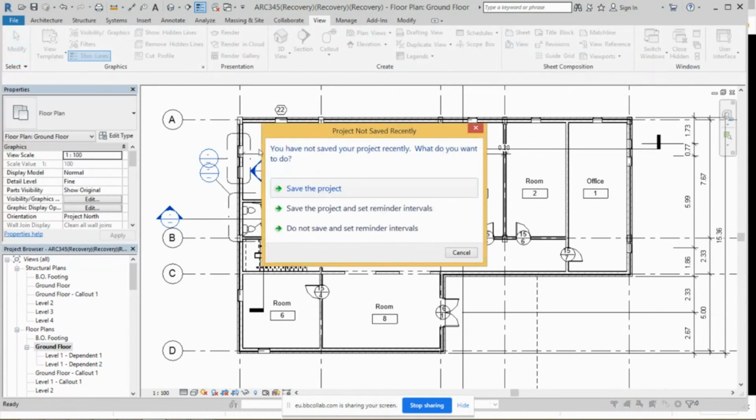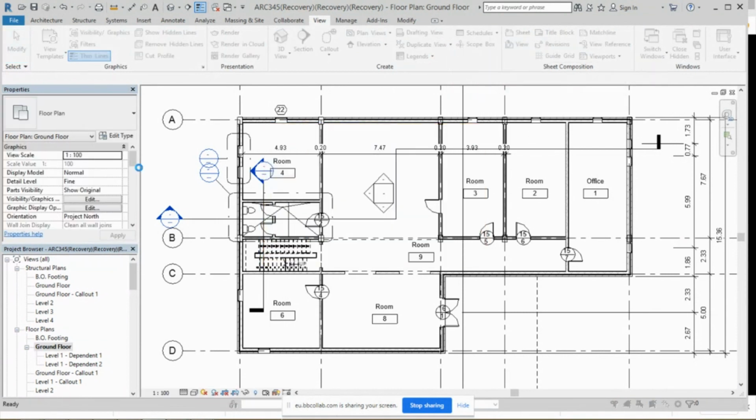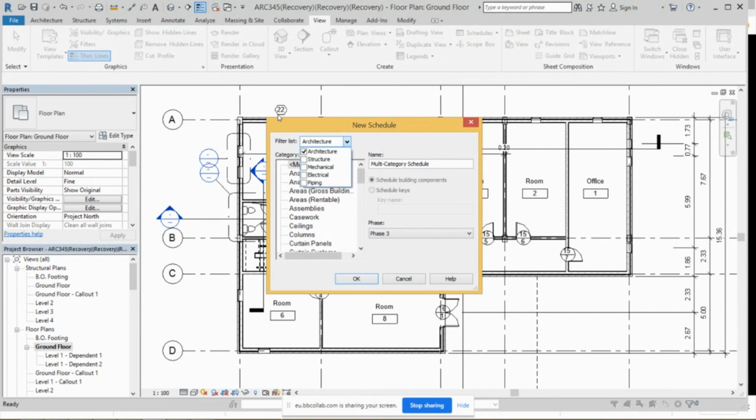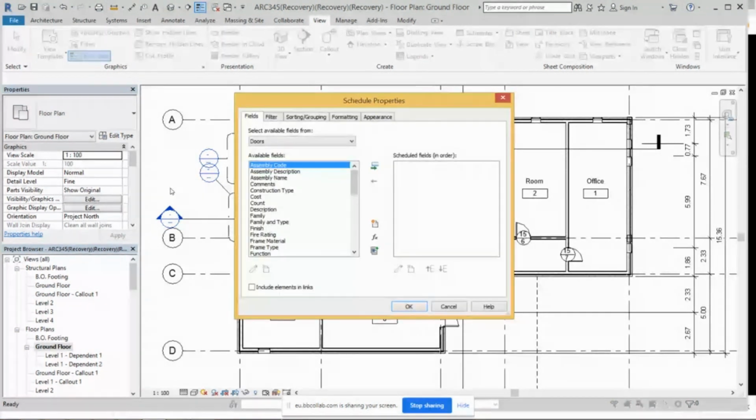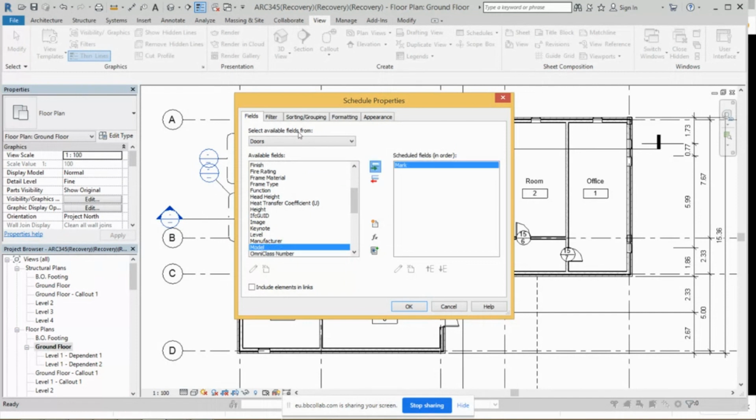So we go to Schedule and Quantities, and then you will have a drop down menu to tell you what items you want to show. I'm just highlighting Architecture, and then looking for Doors. We have Doors here, and we can hit OK, and then it will tell us what kind of things we want to show in the schedule. What I will pick is Mark, and then include it, and then look for Type Mark and include it. The important thing is that we grab the Family as well and include it, and then we look for the Height